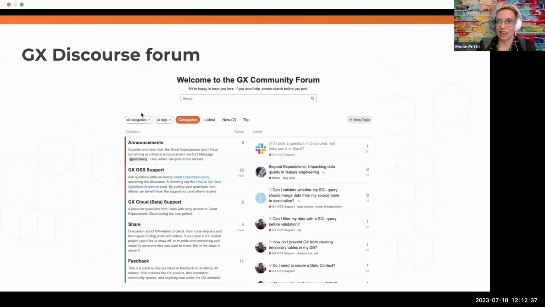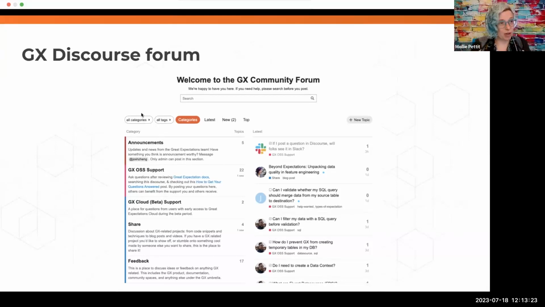Additionally, even if you are in Slack, messages disappear after 90 days. But again, even if we move to a different app where messages don't expire, they still wouldn't be publicly searchable, which we feel is a huge miss when it comes to ensuring that our users can find answers to their questions and get onboarded. So considering this, we've revamped the GX Discourse forum and prepared it to be a supported place for getting your questions answered. Our aim is to move towards a future where a lot of the Q&A takes place here, and Slack will still function as a place for community members to connect and engage with each other.